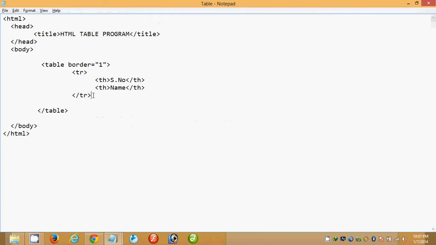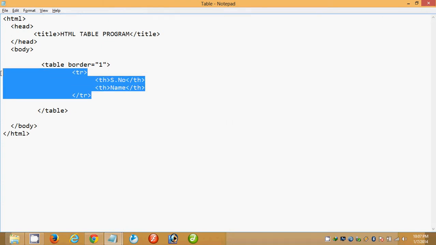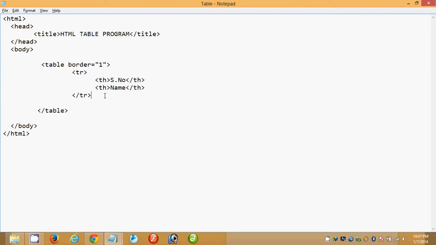Now if you want to insert another row, I'm just copying TR. TR stands for row, so another row. Here instead of TH I am using TD. For every table, the first row we usually take as a heading row or header row, so that we put the table heading to show it in bold letters, to discriminate it from the normal data in the table.